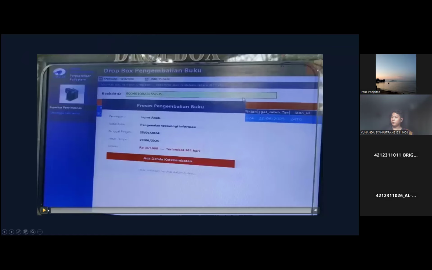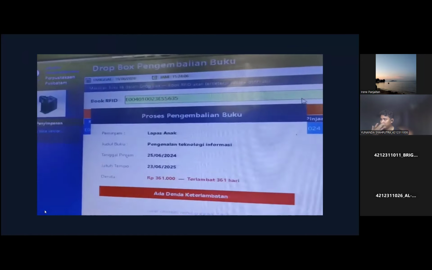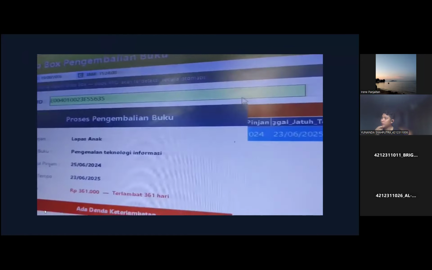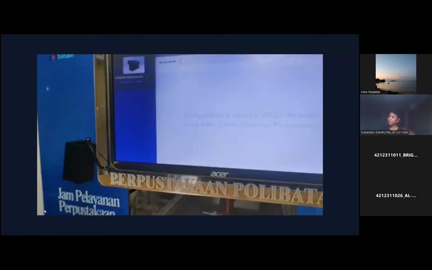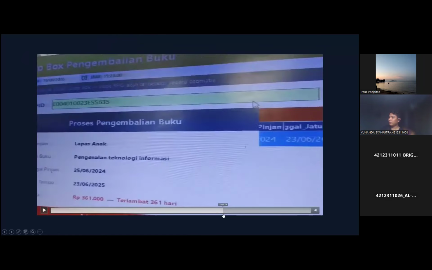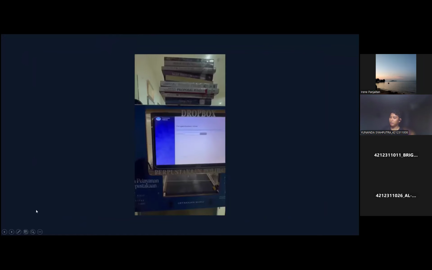This video is for the trial of the Dropbox: the RFID scan, with data sent to the database. And next, this folder is for the trial.